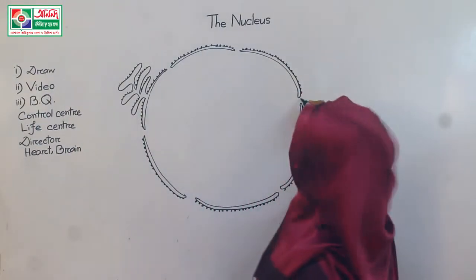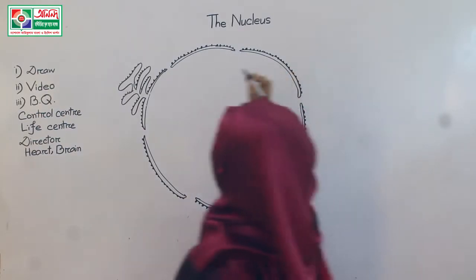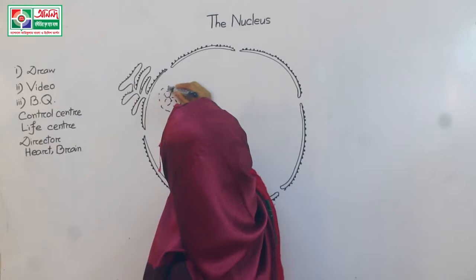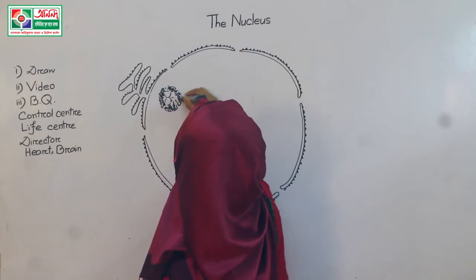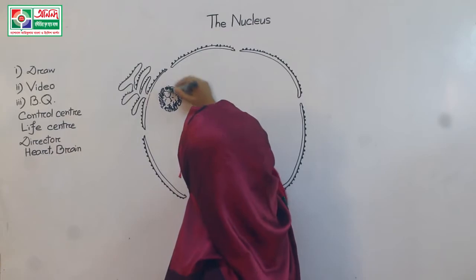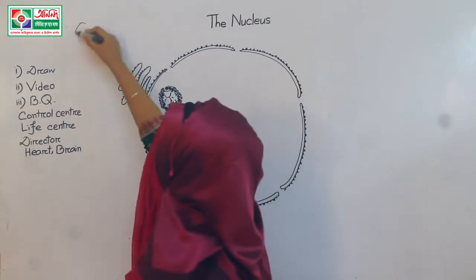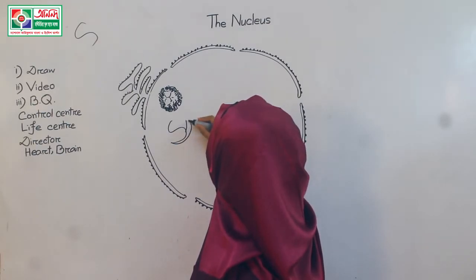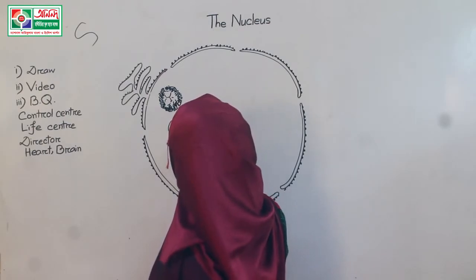Students, this is our nuclear pore and this is the septum. Now we will draw the nucleolus. This is our nucleolus. A dense circular structure within the nucleoplasm is the nucleolus. And now we will draw an S, that means this S. After that, we will draw a swan-like structure, and we will make it dark with our pencil.